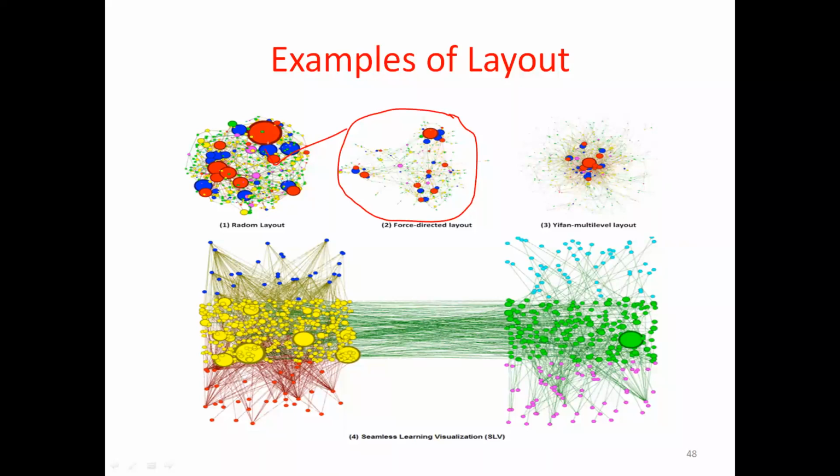See, in the first example, why is a particular node very big and differentiated with color? Because some structural property is shown in the layout. Why is it colored? Why is it bigger? When you take this region, all the nodes are very small. When you take this region, all the nodes are a little big. It means that it depends upon the closeness property or betweenness property or embeddedness property or structural hole property. All this we have discussed.